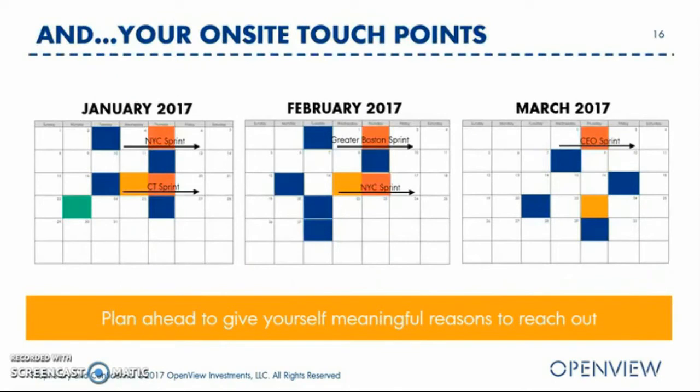And also when it comes to the when, if on-site is a critical part of your strategy, this one in particular needs to be planned in advance. So if you are making a trip to New York or the Boston area, plan it in advance so you can make the most out of your trip. Who are all the key accounts that you could meet with during those trips to make the most out of that visit?